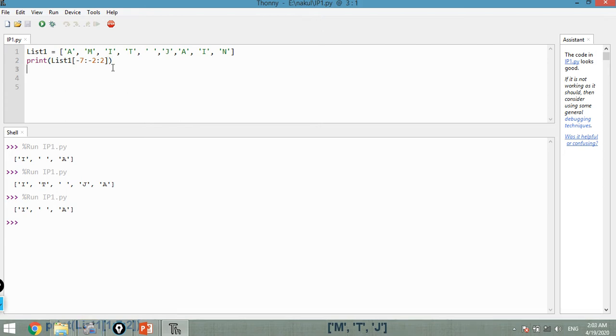Now we will see some examples of minus steps, which will affect our result in different ways.